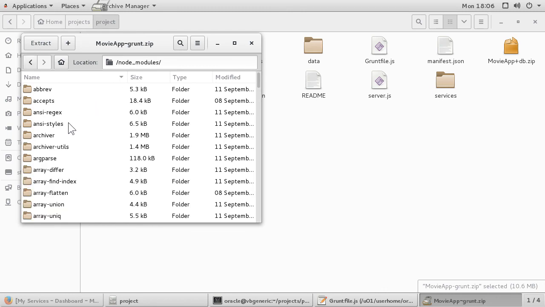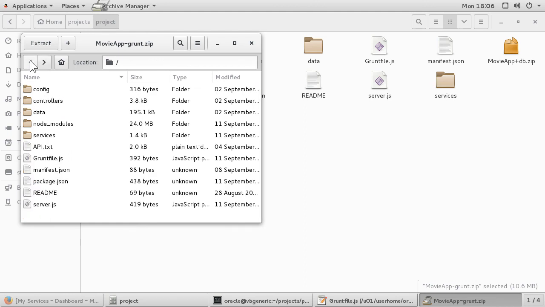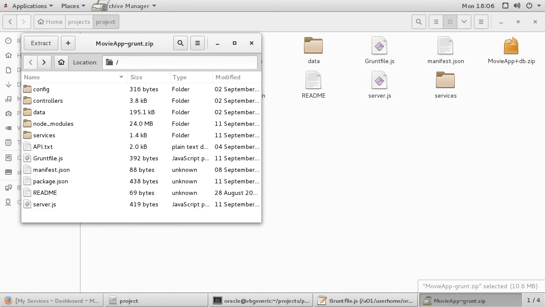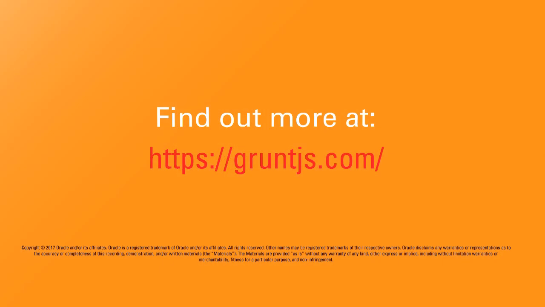As a final note, yes, you can probably run a shell script that does the same thing as Grunt, but Grunt is much more than just the compress task. You can run several tasks and you have full control on each task since you can configure it using JavaScript code. If you want to learn more about Grunt, you can find more information in the Grunt documentation.